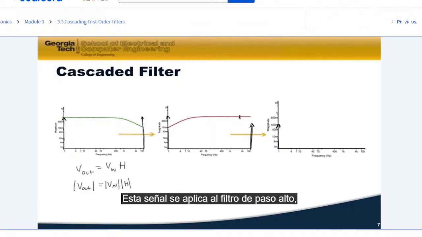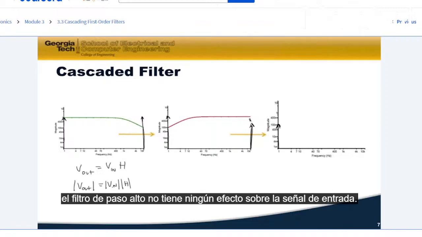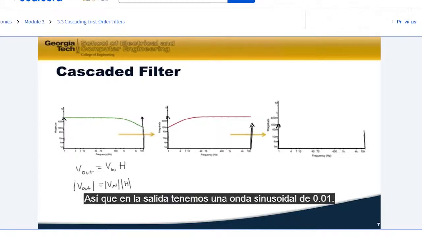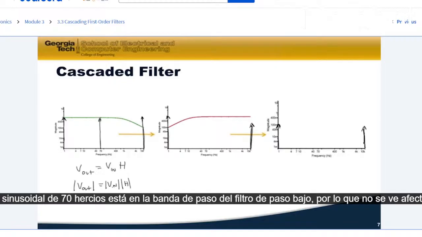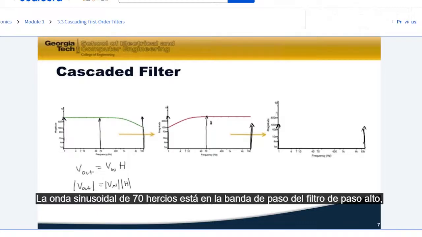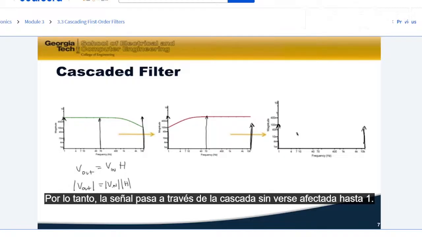This signal is applied to the high-pass filter where it's multiplied by this gain of 1 and passed to the output. And because of the gain of 1, the high-pass filter has no effect on the input signal. So at the output, we have a sine wave of 0.1. Now, if we apply a sine wave of 70 Hz, this 70 Hz sine wave is in the passband of the low-pass filter, so it's unaffected. The 70 Hz sine wave is in the passband of the high-pass filter, so it's unaffected. So the signal passes through the cascade unaffected,